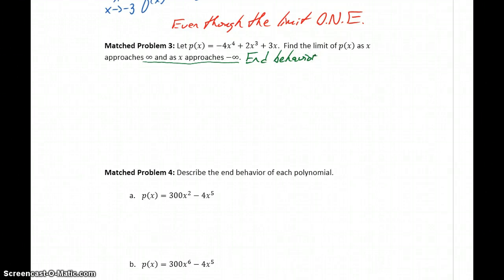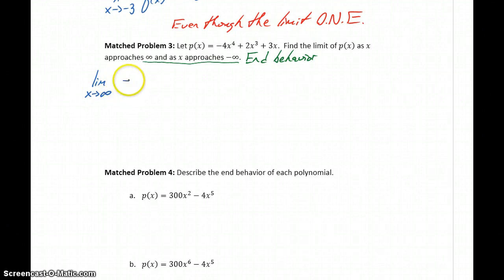of a function. So end behavior means find the limit as x approaches infinity and x approaches negative infinity. So with these types of problems, end behavior problems, there are always two different limit problems that we need to evaluate. The good news is that these are much simpler, much quicker problems to evaluate than the